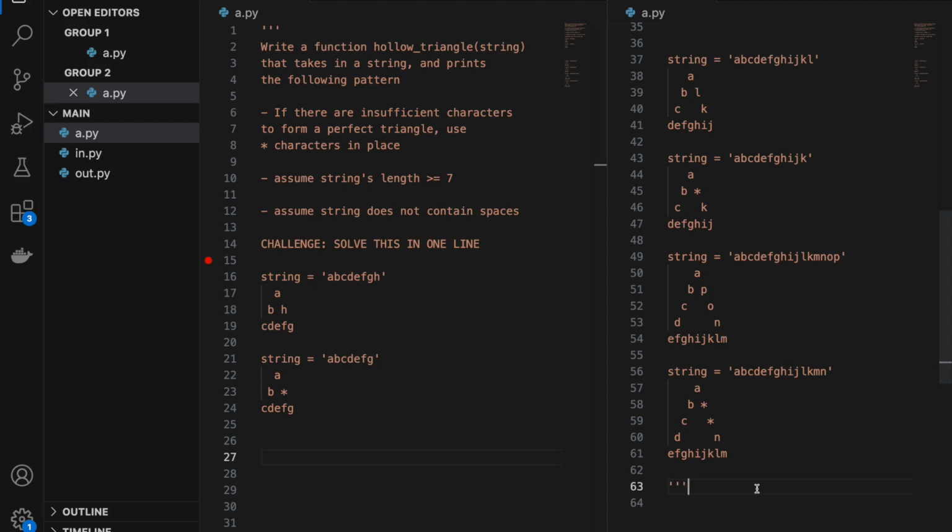Write a function, hollow triangle, that takes in a string and prints the following pattern. So here, given the string A, B, C, D, E, F, G, H, we are going to print this hollow triangle. And next, if there are insufficient characters to form a perfect triangle, we can use star characters in place. So in this case, we have A, B, C, D, E, F, G minus H. So we need H to make a perfect triangle, but since H is not there, we use a star character